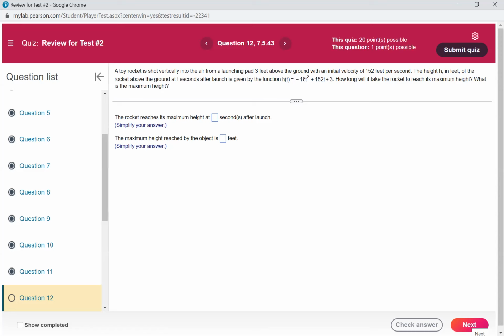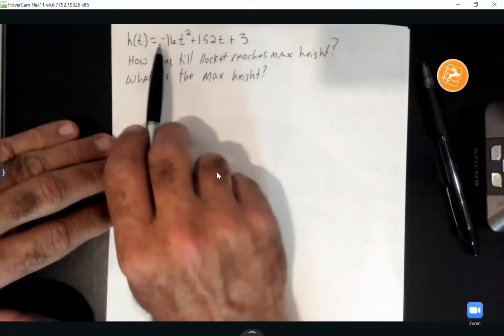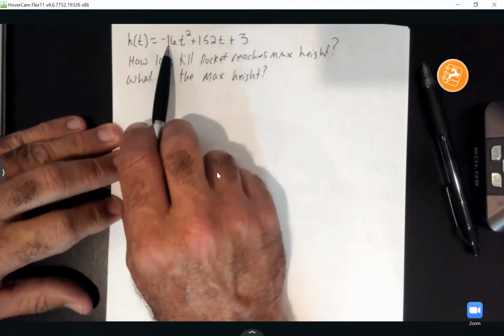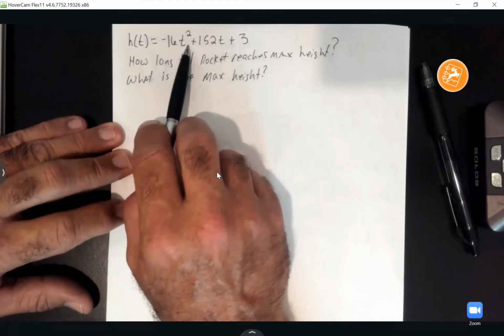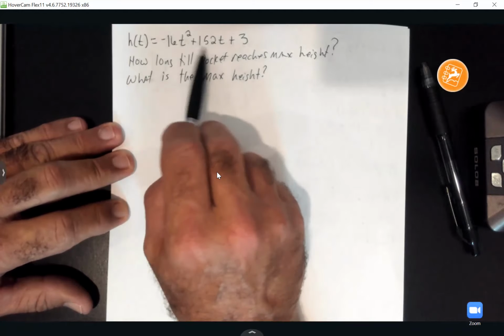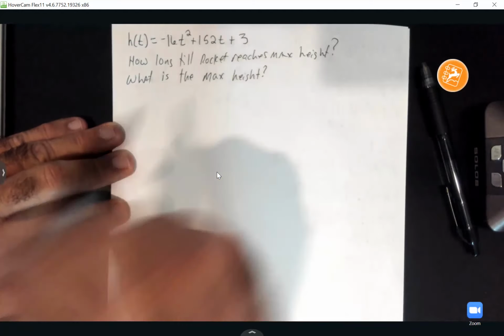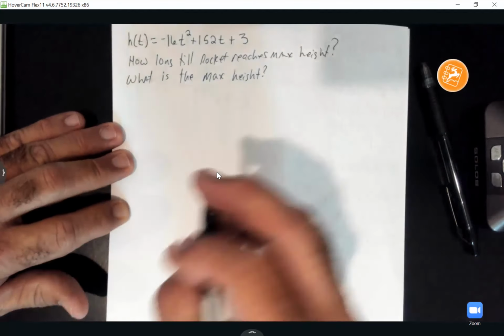So they want to know how long till it reaches max height and then what is the max height. All right, so they gave us this formula, but everybody's will be -16t squared. The only differences will be the 152 and the 3 for us, okay? So y'all to find